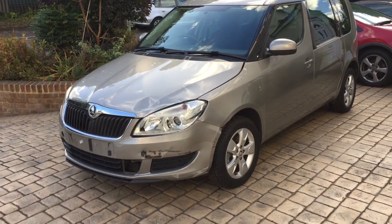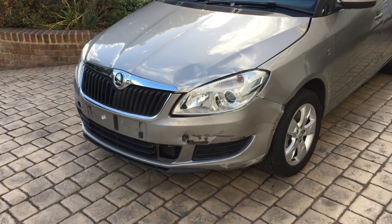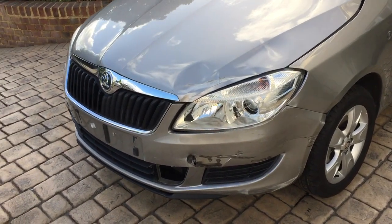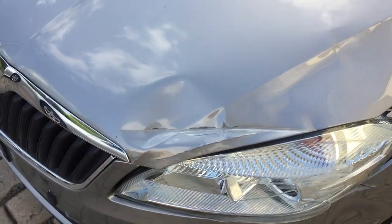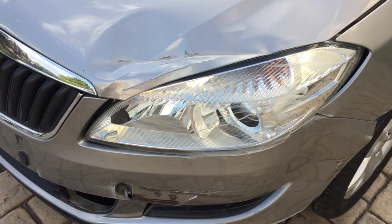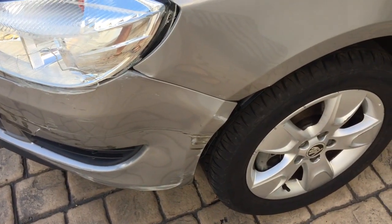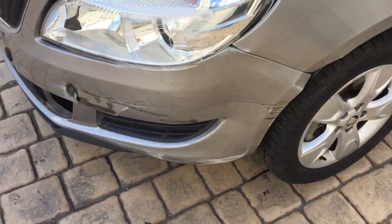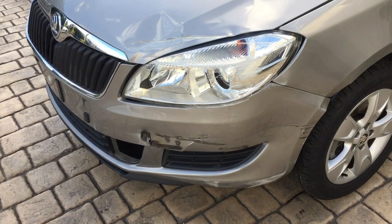Now this one's a category N from the insurance company, which is non-structural. It's bumped this corner here, so it's made a little bit messy, but it'll get a new bonnet because of that bit there. The rest of it's actually okay, but you can't really fix that. It's cracked the light, and it's bent the corner of the wing over, which is quite an easy repair. But it's kind of squashed the bumper, which is probably repairable, but it'll probably need to be replaced because it'll